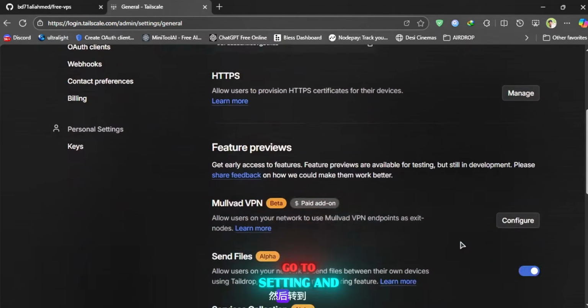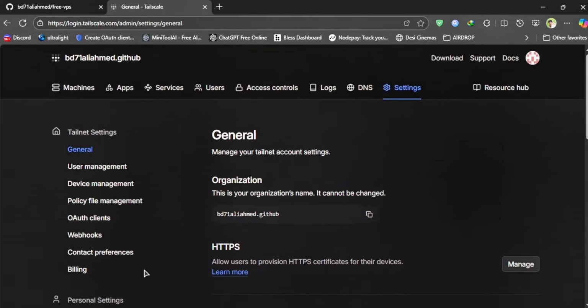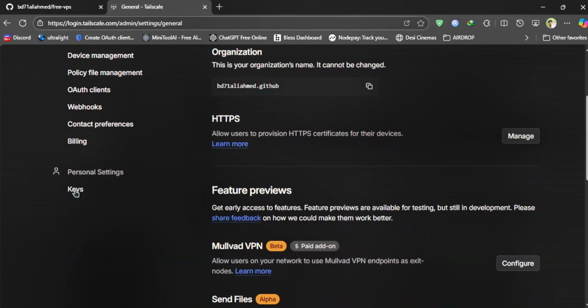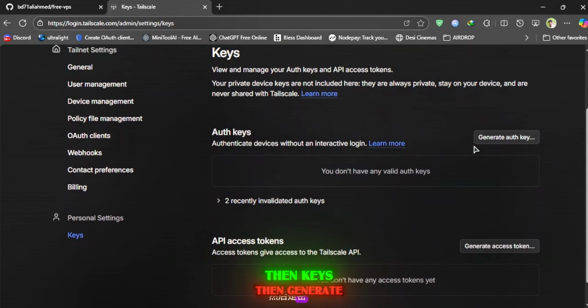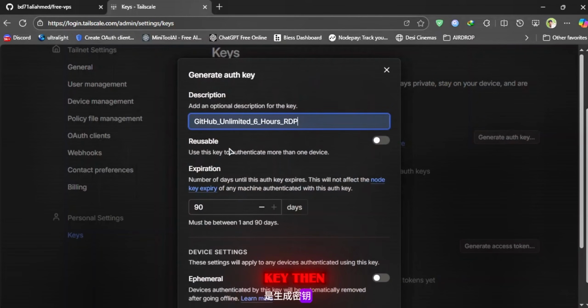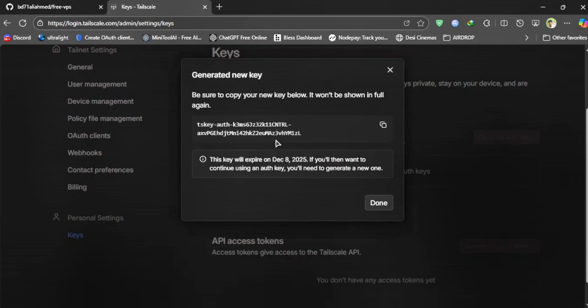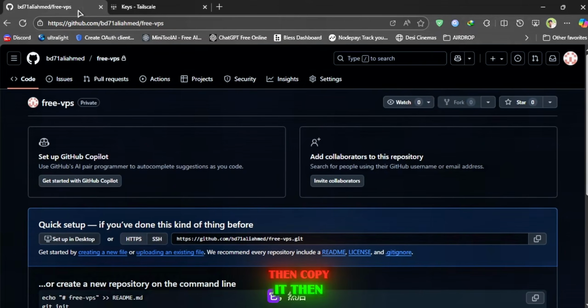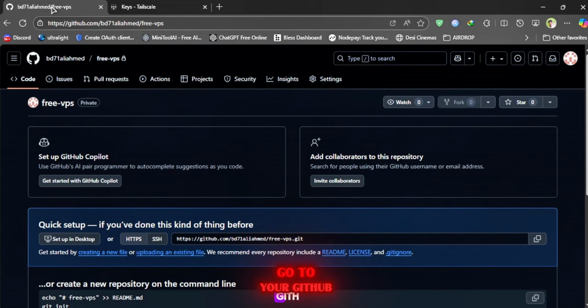Go to settings and then keys, then generate auth key, then description, generate key, then copy it, then go to your GitHub